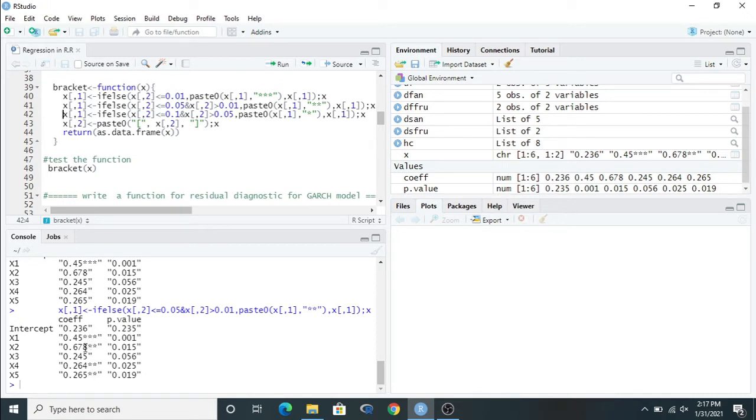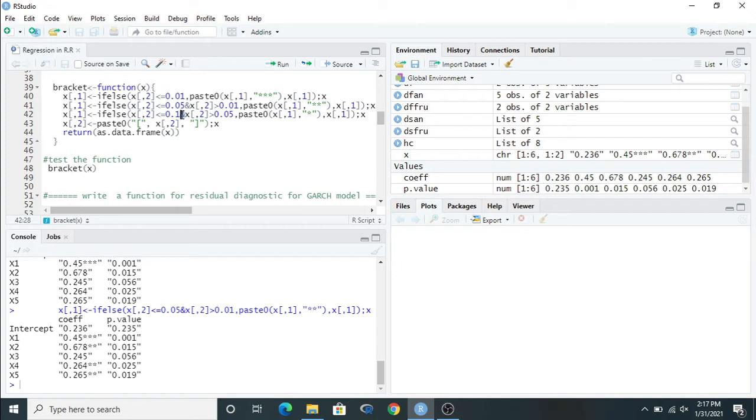In the second case, this is the one case, and the last two cases also show the example of the 5% level of significance. In the next step, we are going to do the same process, but the condition will be somewhat changed. Here the condition is the first column of the x value will be replaced if the second column of x value is less than or equivalent to 0.1, it means less than 10%.